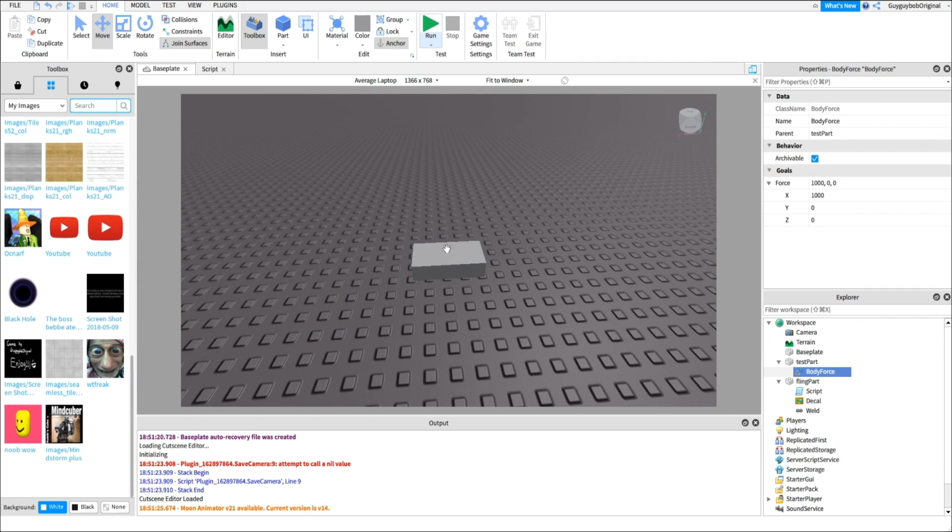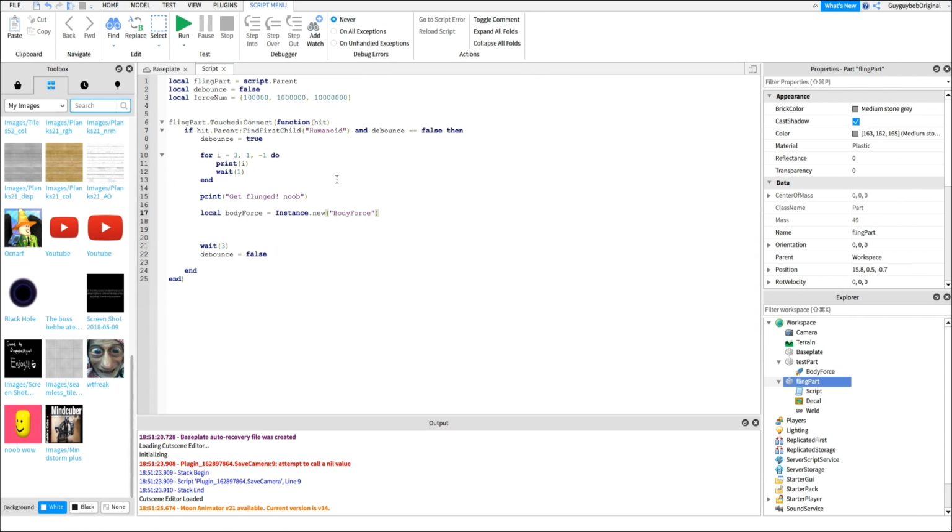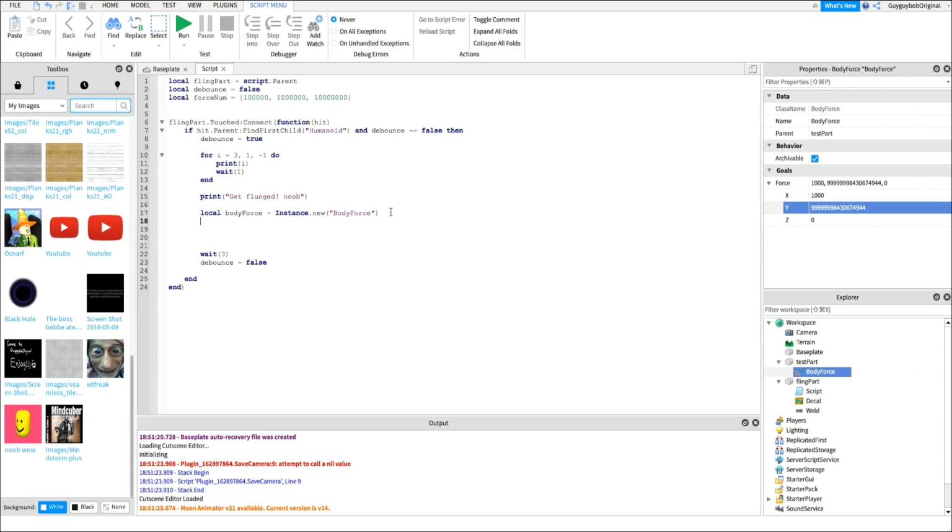So that's what a body force does, and basically what we're going to do here is we're going to insert a body force into the character of the player. We're going to set the force property of body force, which is a Vector3 value, to one of these numbers here. So actually Vector3.new. So we have here 0, 0, 0 because it's X, Y, and Z. And we want to change the number for Y. So here we can just enter, if I want to access one of these numbers here, we can just do,